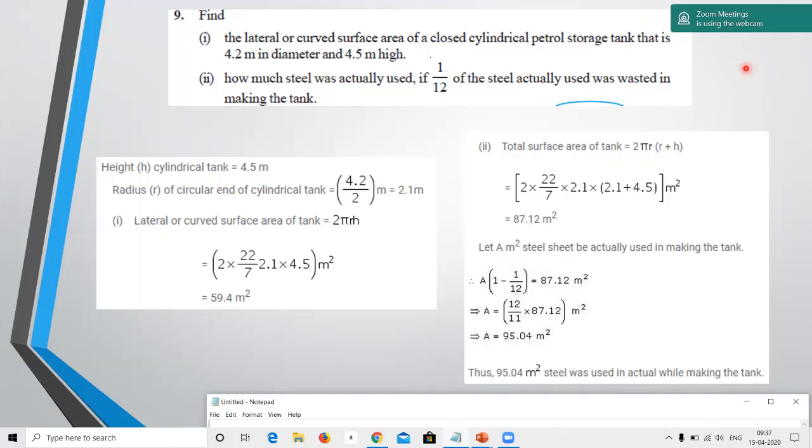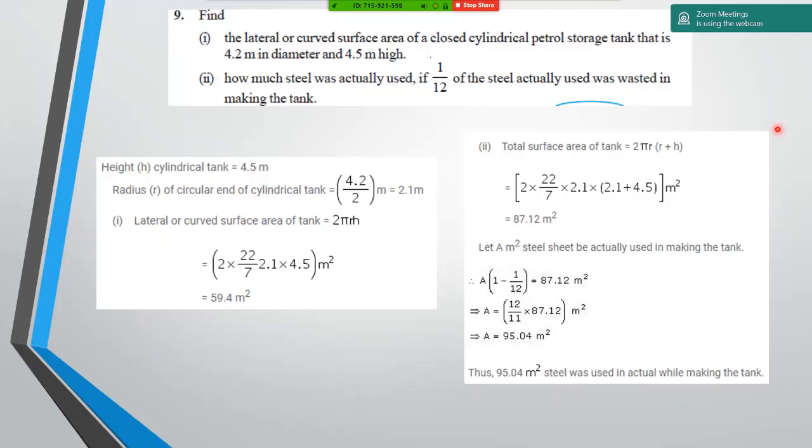Ma'am, how many questions are there in the exercise, ma'am? There are actually 11. Okay, ma'am. Okay, I think one more is left for us. That's it for today, then we will stop. It's almost nearing time. Finish this off. Now we are going to the 11th one.